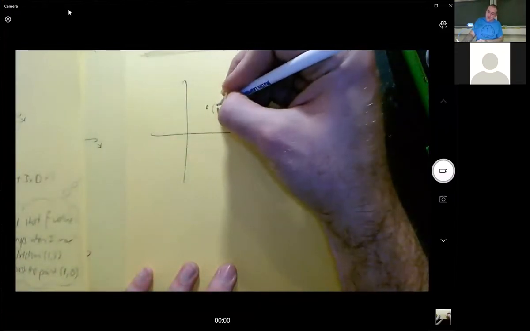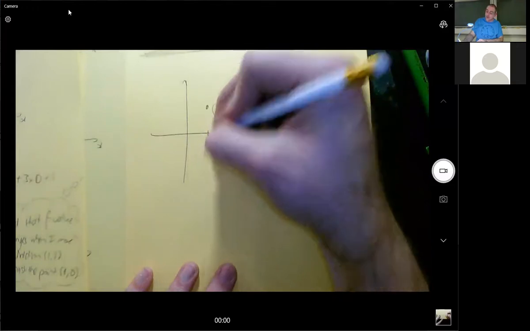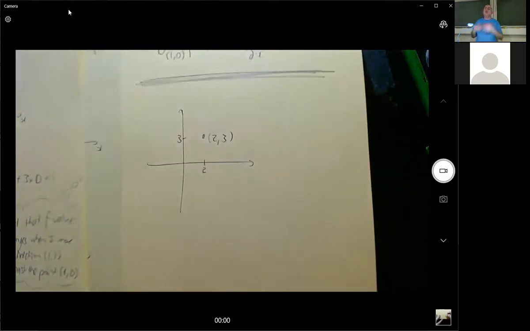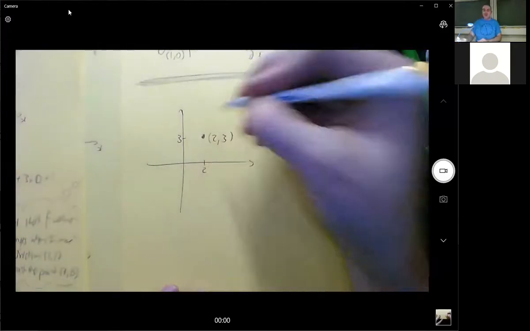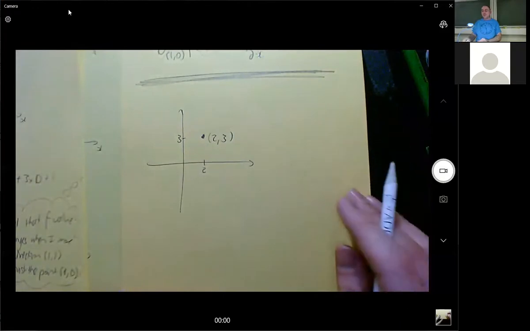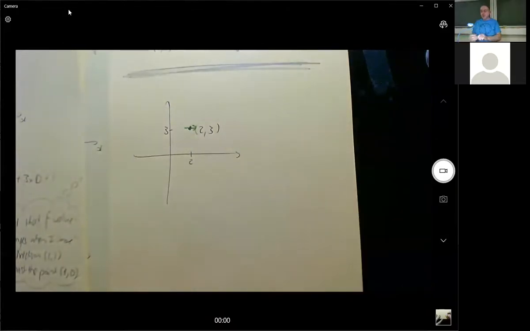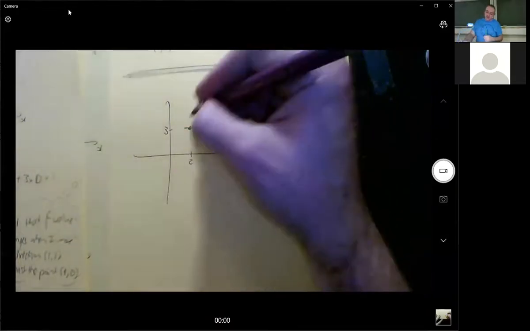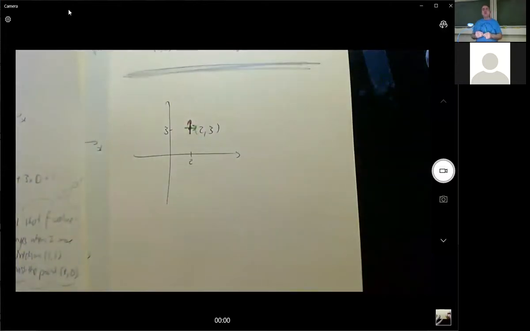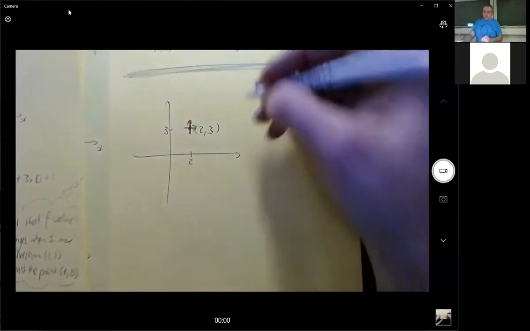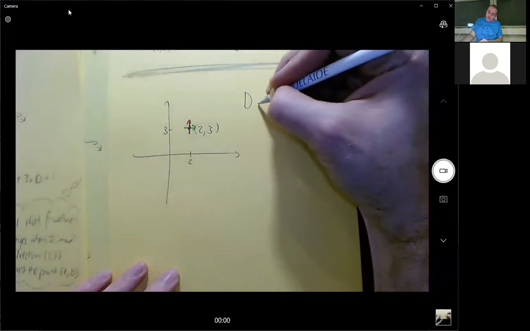I'm going to go to the point 2, 3 instead. Yeah, I'm just picking a random point for my example, just so it's easier for me to see what's going on. So if I've got a random point and I'm thinking about moving past it in the direction of the x-axis or moving past it in the direction of the y-axis, those two directional derivatives have names and they're easier to calculate than any of the others,